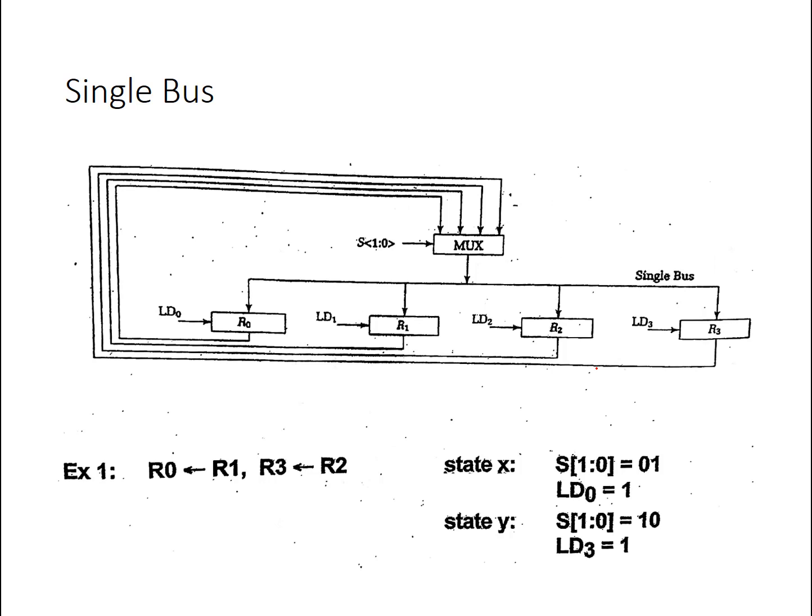And the same thing for register R3, I'll set the load signal to high and select register 2 coming into it. I could also just use a single bus. So this wire connecting the inputs to each of the registers could be shared, and then just have a single mux that selects one of these register values to be driven or put into each of the registers. So now if I would like to do the same 2 RTL operations, I can, but it's going to take me 2 clock cycles, because the first clock cycle I can do one transfer and transfer R1 to R0, set up the mux and the load signal accordingly, shown here in state X,